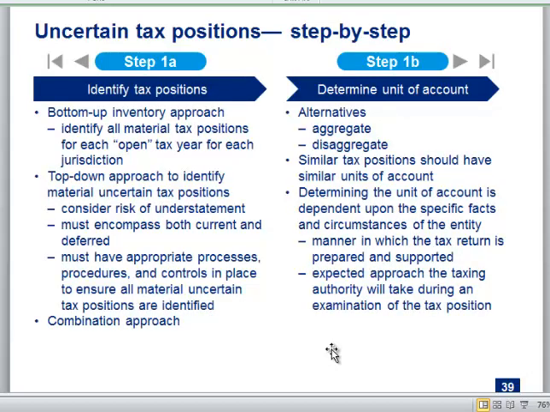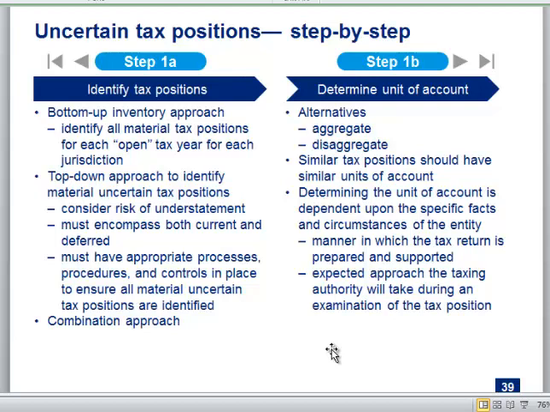So, step one. The first thing you need to do if you're a company is you've got to figure out all the positions that you claim on a tax return that you think you need to apply these rules to. Okay? And so with Cadence, remember at one point they had like $300 million of tax reserves. And you don't know if that's one position or like 300 positions. Right? But somehow they had to determine, well, what things have we done or are we planning to do that we need to consider FIN 48 for?